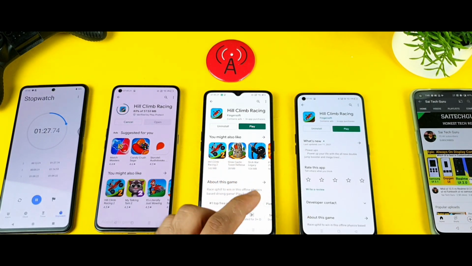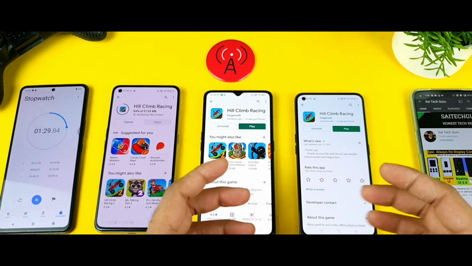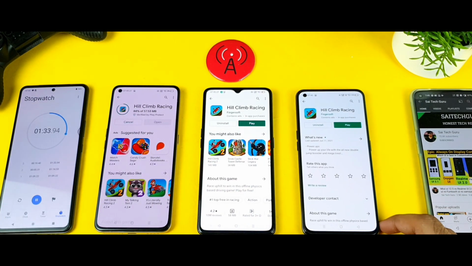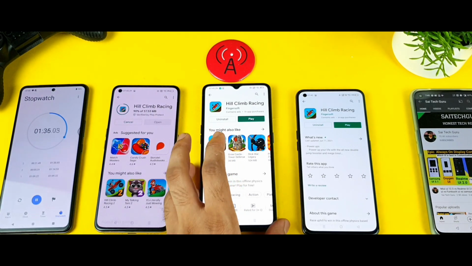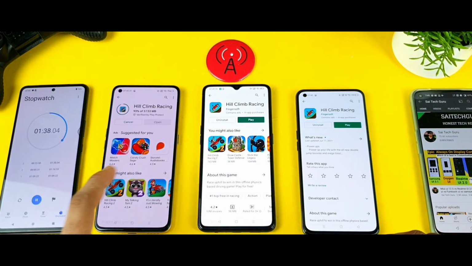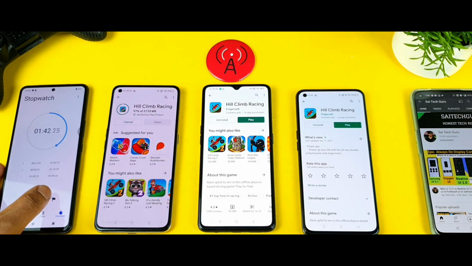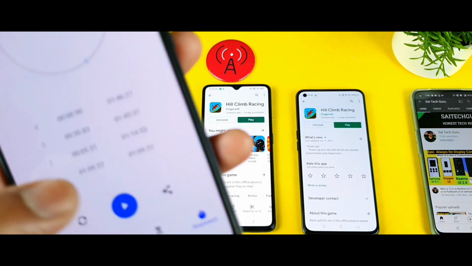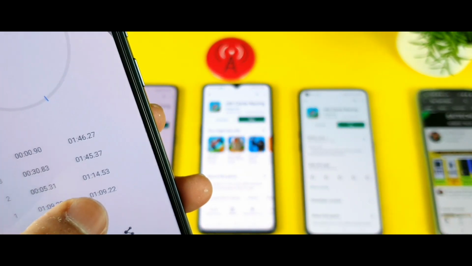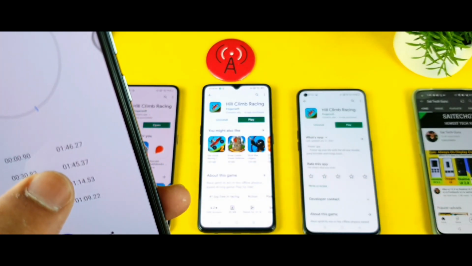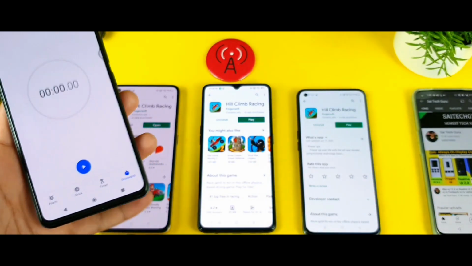As I said, whenever I test at the same time, it will give different results than if I try individual testing. In the same-time testing, the Realme X2 Pro is a clear winner. The download is still going on in the Realme X1 Pro. Right now it's 97% and it's finished. As you can see, friends, first is Realme X2 Pro, 1 minute 9 seconds, second is X1 Max, 1 minute 14 seconds, and third is X1 Pro, 1 minute 45 seconds.